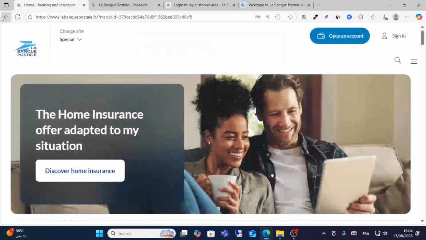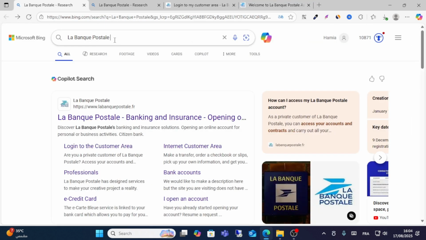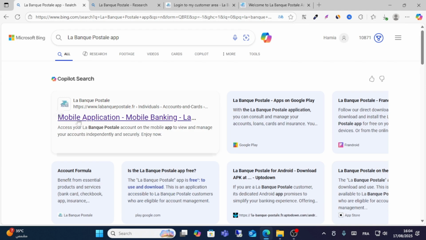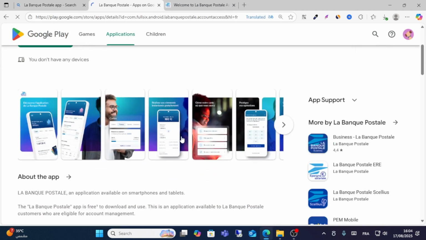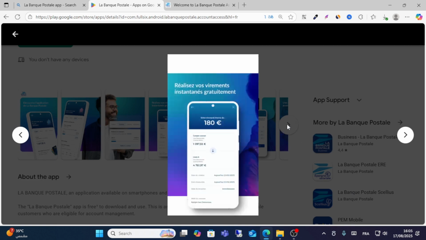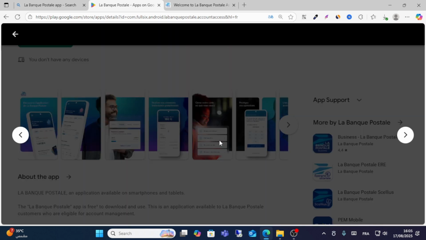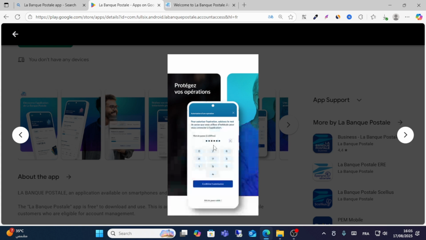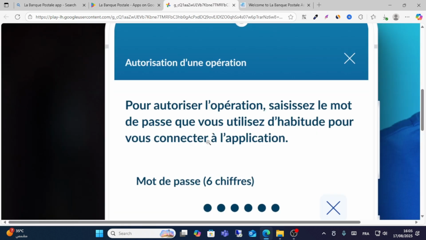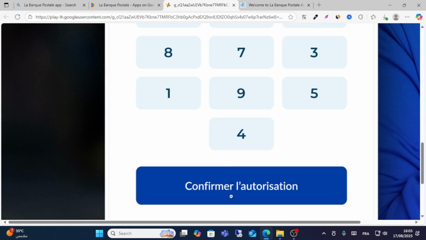And then the same thing, guys, on the app. If you want to log in on the app, just click the Banque Postale app, and then you should download this app on Play Store or Google Play. After login or download the app, click login option. You see login area from here, just like this exactly. Write your password and then confirm